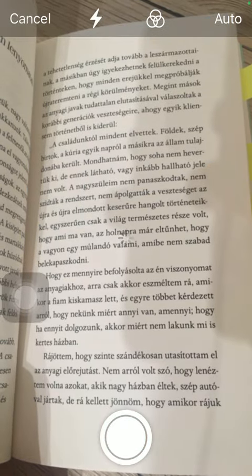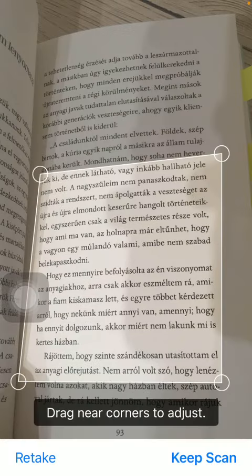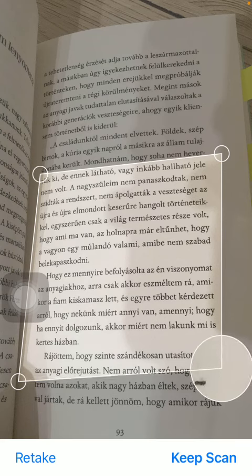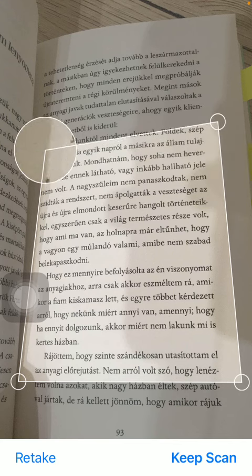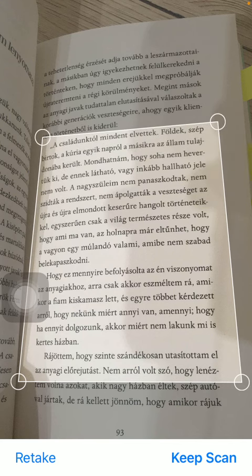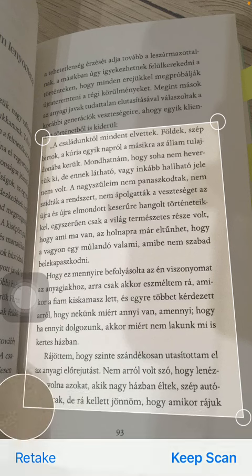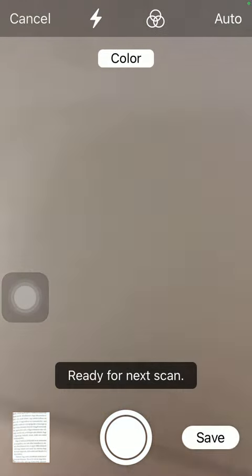After that, tap on this white button down below, and here you should adjust the part that you want to scan into this frame. Then click on the keep scan button down below, and here tap on the button save,